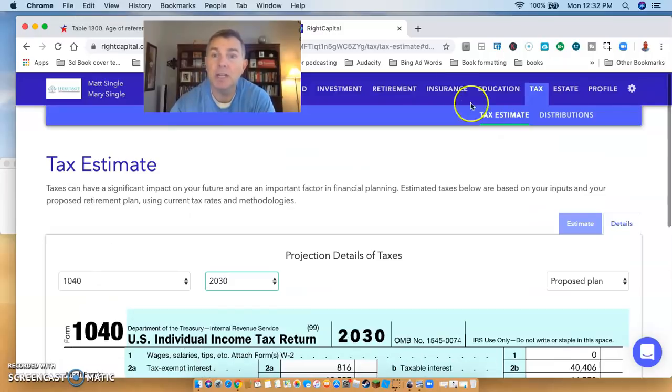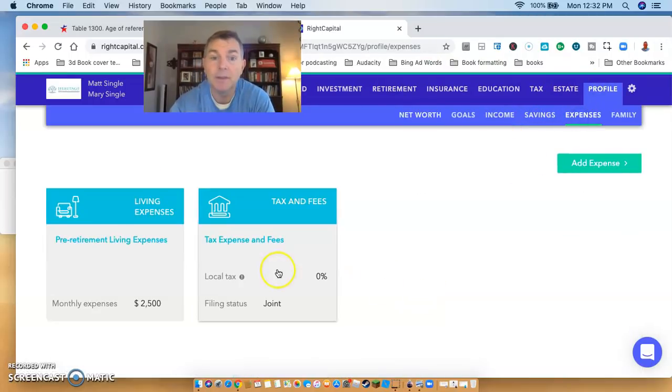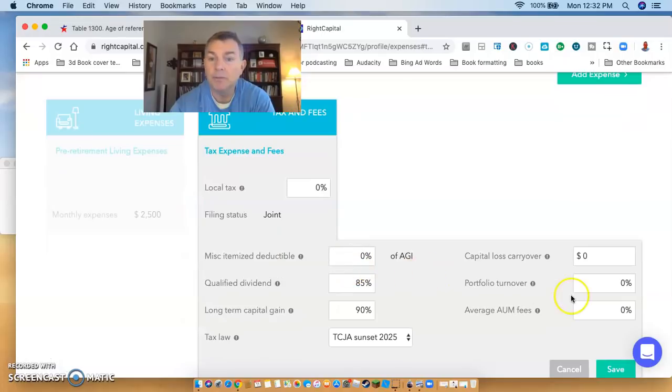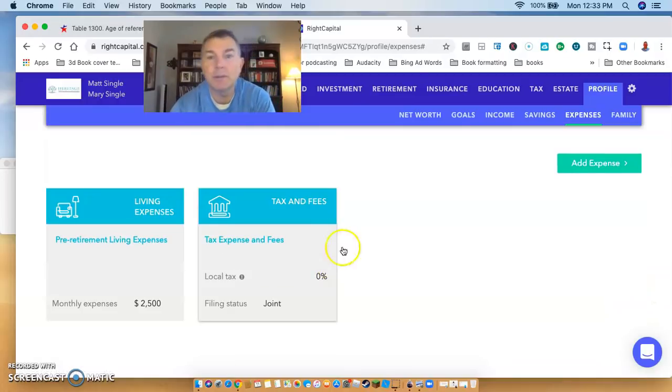But watch, if we want to change the portfolio to have capital gains, we go to profile. It's just going to be even worse. We're going to go to expenses. Capital gains, we'll say they have a portfolio turnover of 5% a year, which is essentially what an index fund does, which means 90% of their capital gain will be long term. But then we go to retirement. So remember, they had $10,000